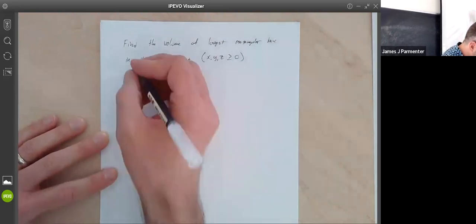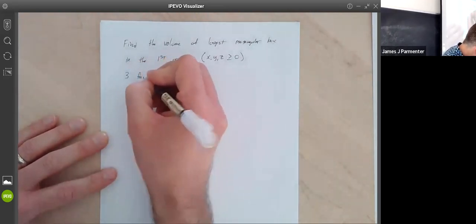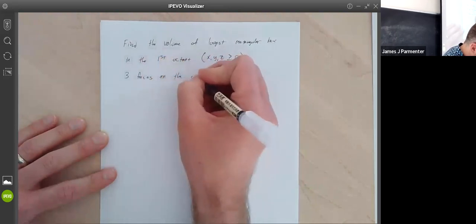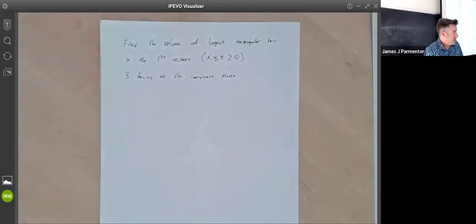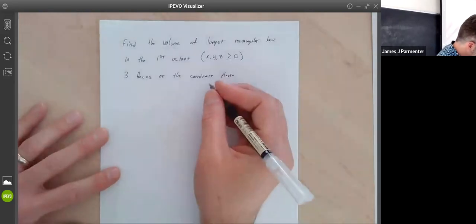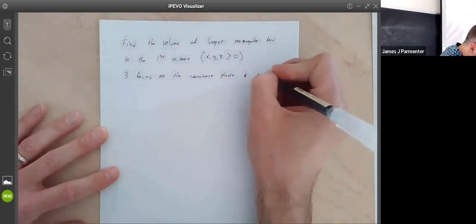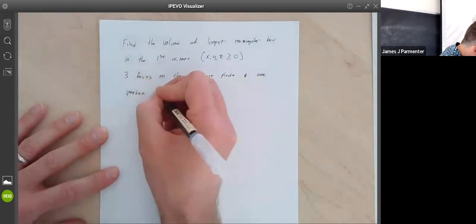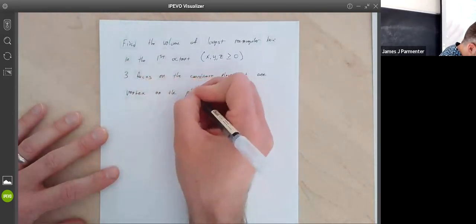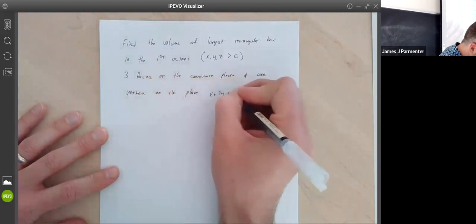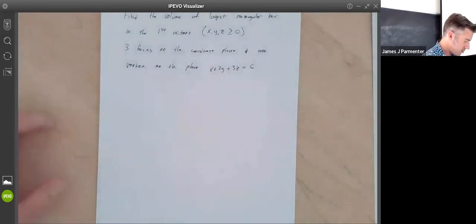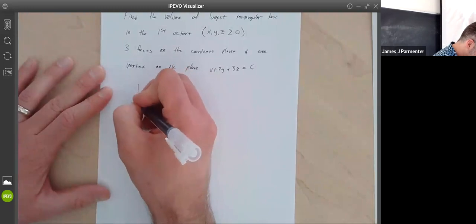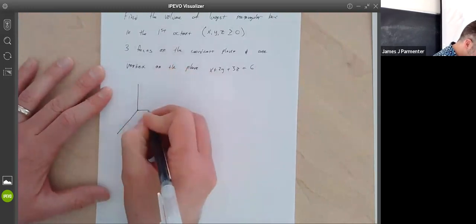So in the first octant, 3 of its faces are on the coordinate planes. Meaning there's a face on the XY plane, there's a face on the XZ plane, there's a face on the YZ plane. And there's one vertex or corner on the plane x plus 2y plus 3z equal to 6. And not that you need to draw a picture, but it's kind of nice to draw a picture. So if we draw our coordinate axes,